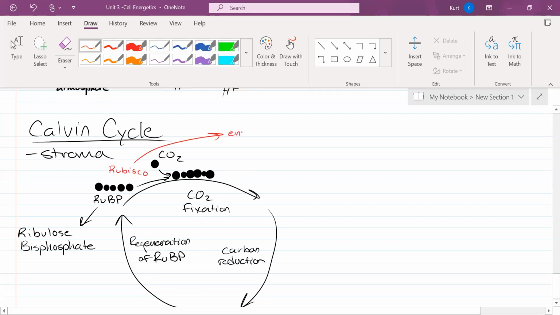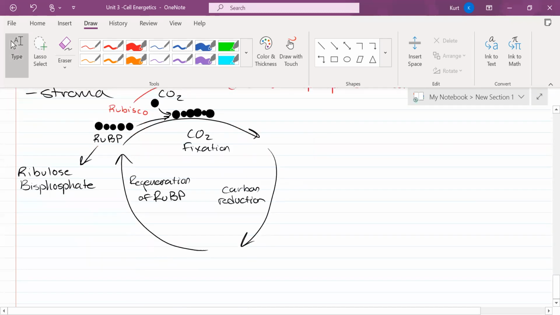Rubisco is an enzyme. It is what fixes carbon from CO2 onto RuBP. When I say fix, I mean added to. Rubisco actually stands for ribulose bisphosphate carboxylase. I think you would rather use Rubisco instead. Rubisco will join RuBP with CO2, and through a whole bunch of processes that you don't really need to worry about too much,